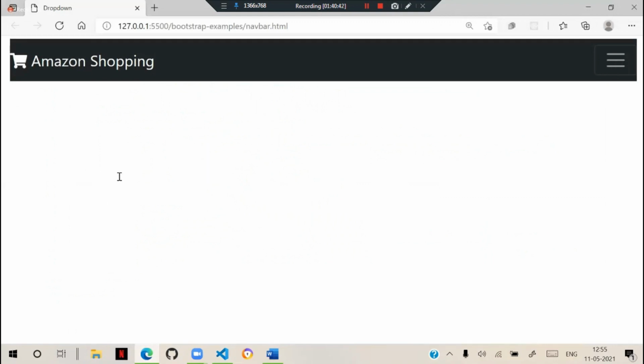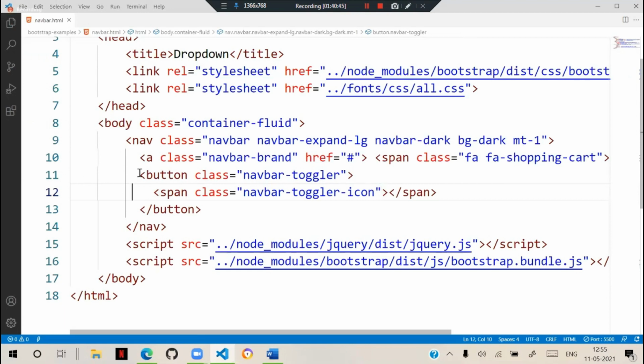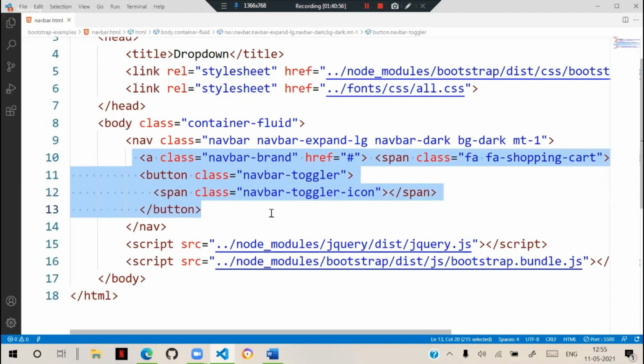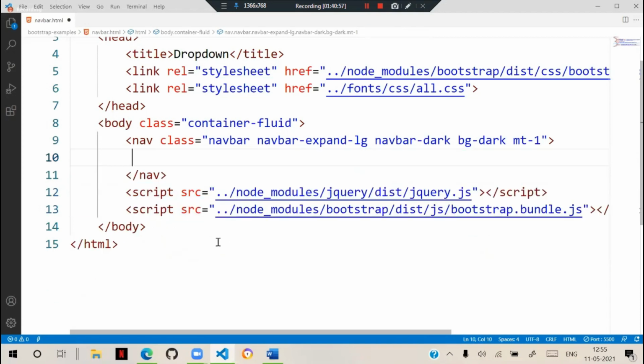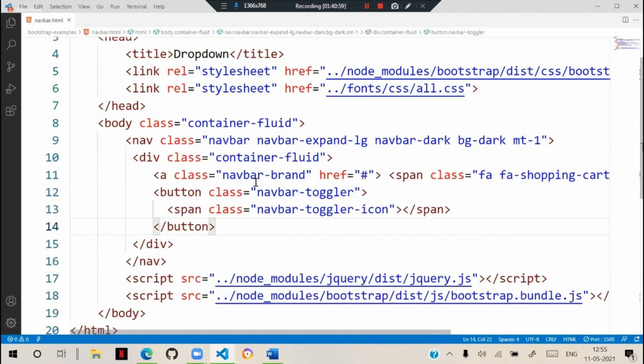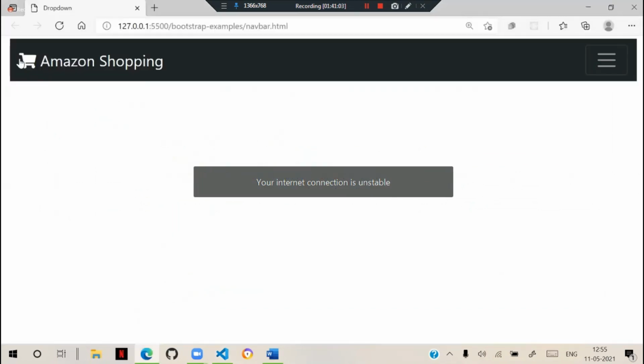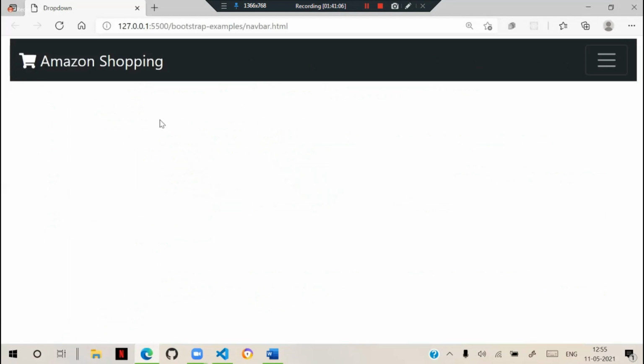To make all this appear in a perfect way inside the navbar, again, generally we keep a container fluid inside it. So to display the alignments correctly, we can use container fluid inside it. Now the interesting part is here.